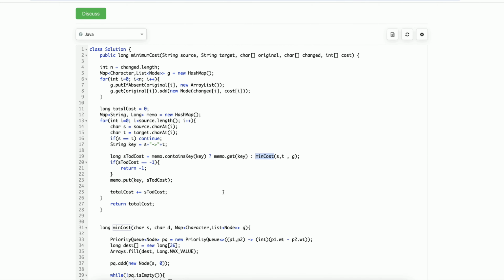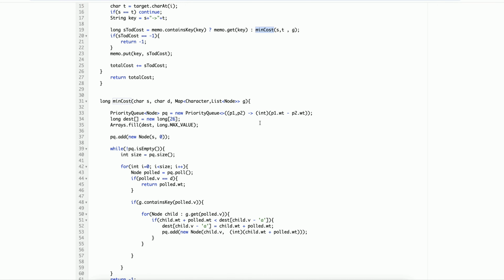using that function. In that function, this is the simple Dijkstra algorithm, where I am just using a priority queue, because we need to pick the next character according to their weight to get the minimum path.